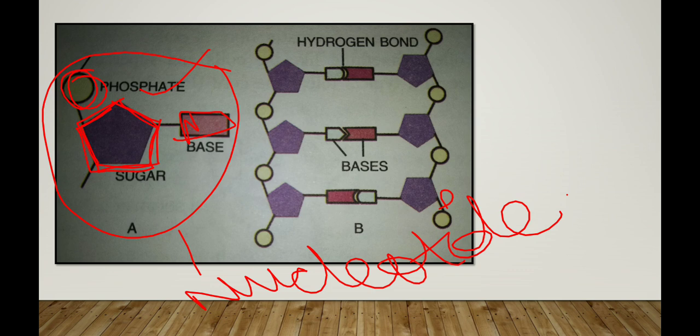And this is the whole structure of the DNA. This is a particular strand and this is another strand. And in between, nitrogenous bases are present like a ladder. These nitrogenous bases join the two strands of DNA. And these nitrogenous bases are joined with each other with the help of double and triple hydrogen bonds. So hydrogen bonds are present between the nitrogenous bases. Clear? This is the basic structure of the DNA.